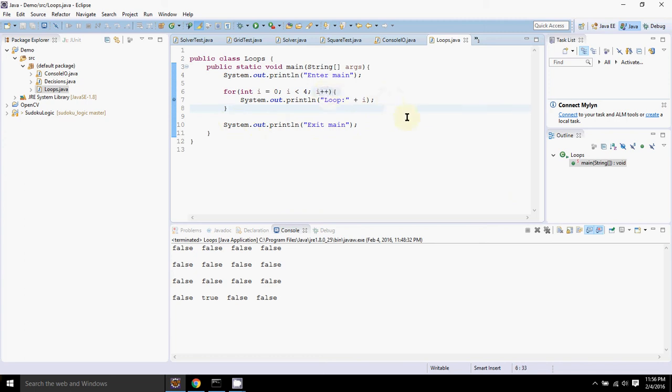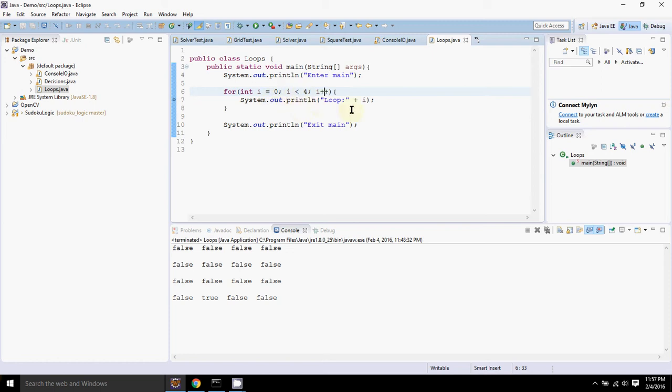This third section is where we update I, which is important because if we forget to update I, it will persist as 0 and I less than 4 will be true forever. So in this case we don't want a loop that runs forever because we're trying to count from 0 to